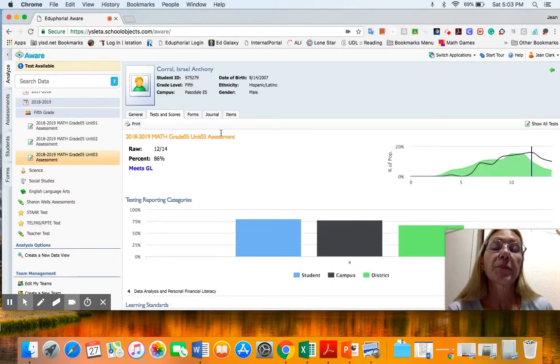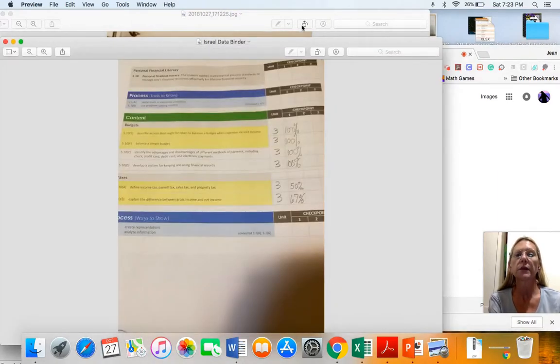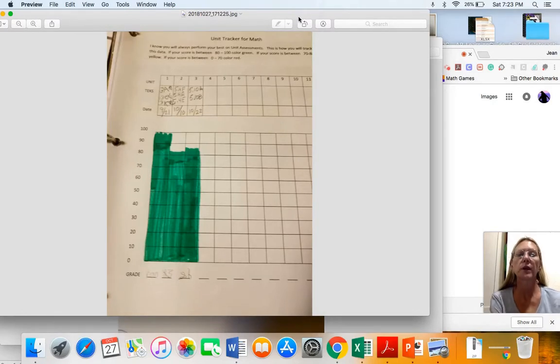In 86. So that made him happy. He was really worried about all those vocabulary words. And I told him, we're still going to practice with those vocabulary words all year long, because, of course, the end result is what the state gives that assessment at the end of the year. Now, let me go and get his data binder. Okay, now that I have his data binder information to show, this is how he tracks it on his unit tracker for math. He has got 100 in the first assessment, and the one we're looking at is the 86 right here on the financial literacy.